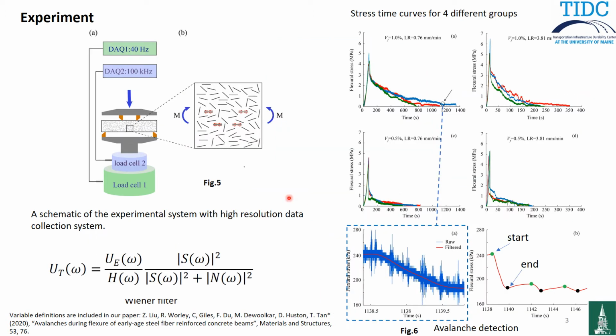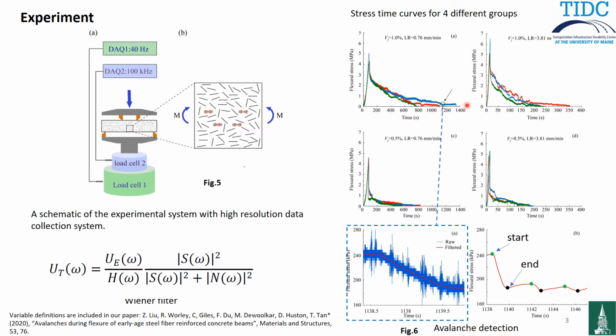So then what we do here is we design experiments. This is a steel fiber reinforced beam, with 0.5% or 1% fiber volume ratio. And then we couple this with a fast rate sampling load cell. Basically we collected 100,000 points per second, because when we put the four-point bending on the concrete beams, the stress increases first, and then it drops with many stress variations.